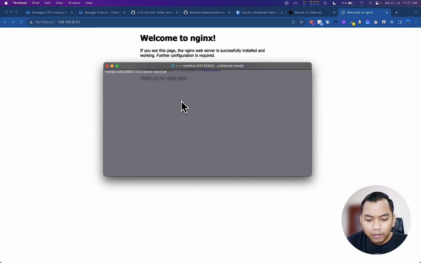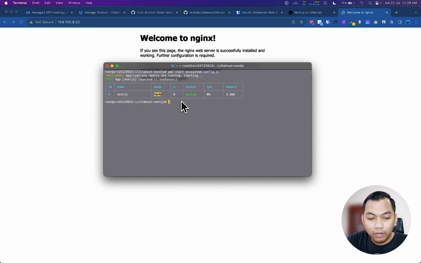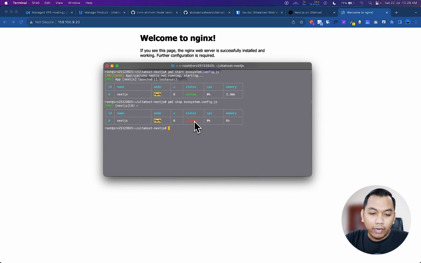The next step, we need to run our config using pm2 start, and then we will start our config. And as you can see here, our Next.js app is running on pm2, which is the process manager, and the status is online. And how do we stop? We can say pm2 stop ecosystem.config.js, and now our Next.js app is stopped.